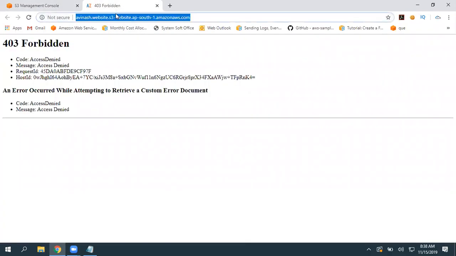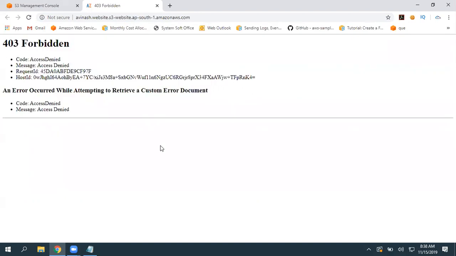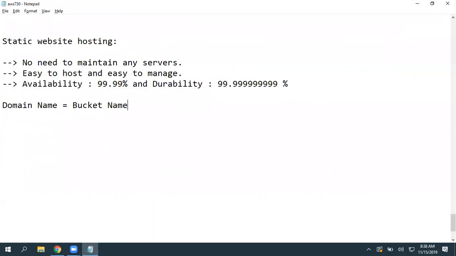See, this is a publicly accessible URL. I can give this URL to anyone and they can access my website. But whatever data I'm trying to deliver by using this website, that data is not given at least read-only permissions. We have not given even read-only permission. That is why we are getting this forbidden or access denied. So it's permission related. So 400 related HTTP status codes.